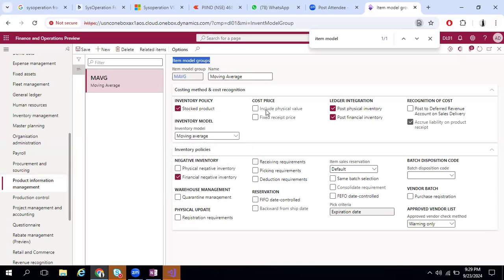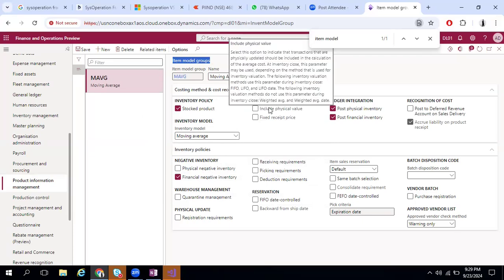Then there is a cost price involved in it. Include the physical value, fixed receipt price. So cost price is something where you want to include the physical value as well. Means select this option so that transactions that are physically updated are included in the calculation of the average cost. At inventory close, this parameter may be used. That means what it is saying,